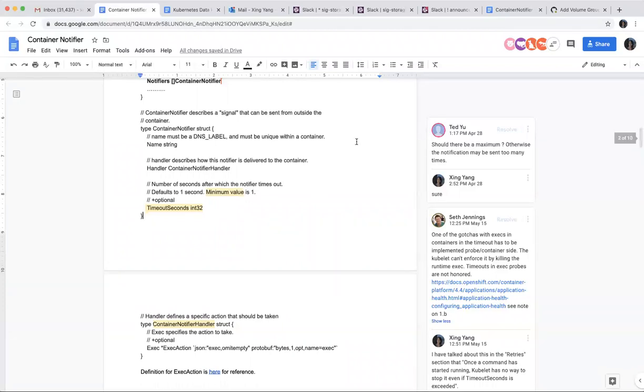Okay, so I was thinking that maybe we should look at this. I got a question before we move on. So if there is more than one notifier, because it's an array and you can send more than one notifier, is there a guarantee which one will get executed first, or is there a way to specify the priority or the sequence of execution on that notifier?